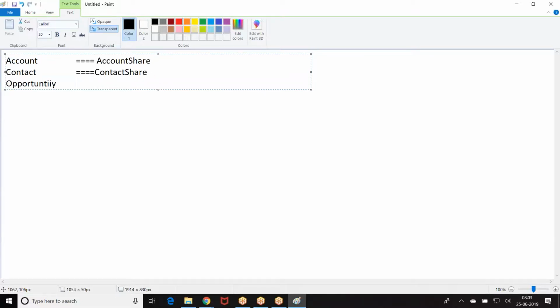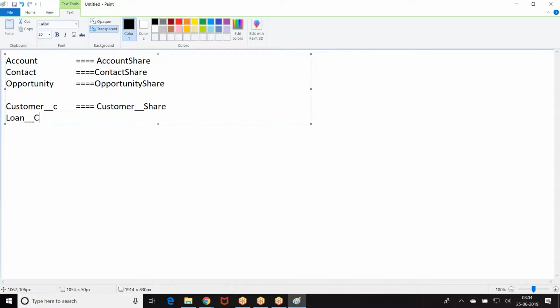Opportunity object, opportunity share. If it is a customer object, loan object, payment object: account object, account share; contact object, contact share; opportunity object, opportunity share.